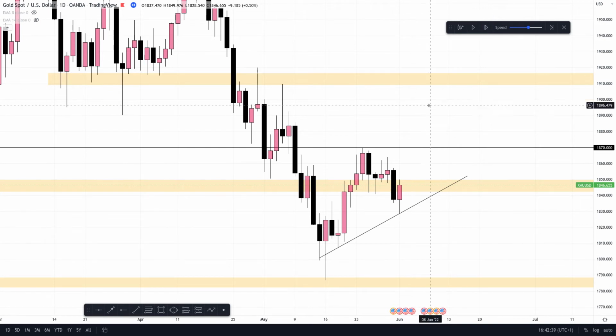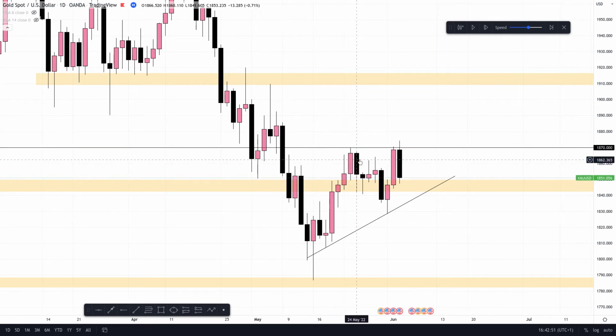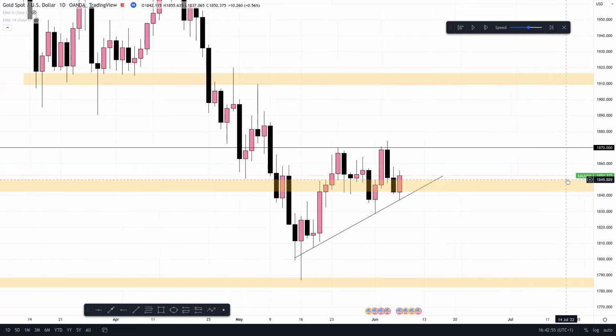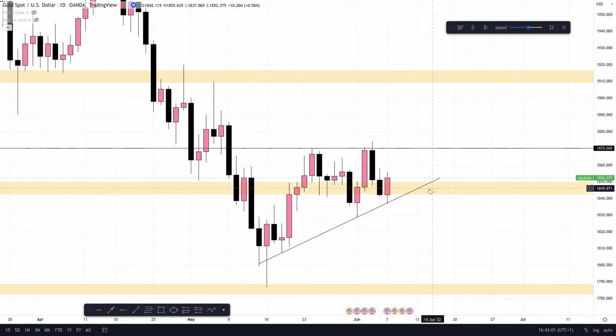It was under 1850, right? Key zone, but it breaks above. Says hello to 1870, where it previously made its high, and then it came back down to 1850, and you can see it came down. I drew a trend line, and you can see the daily candlestick going above